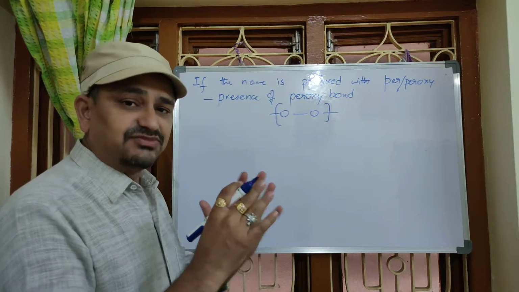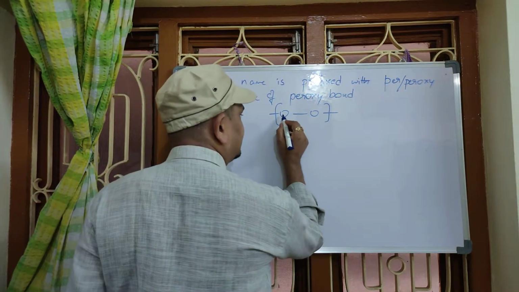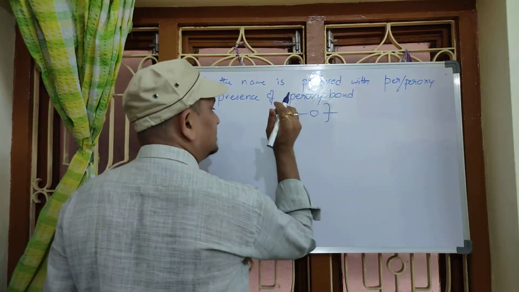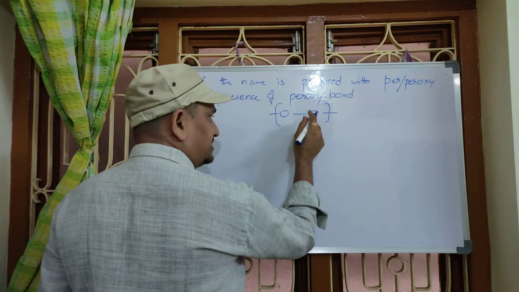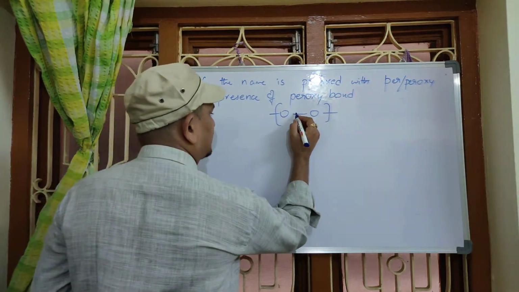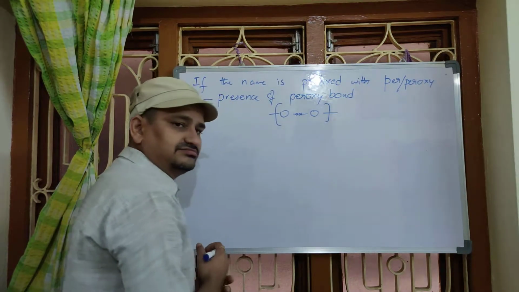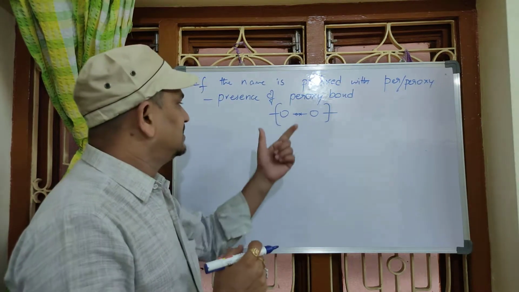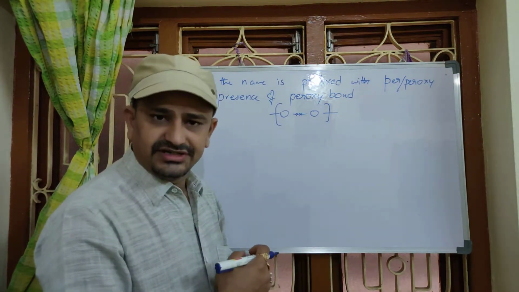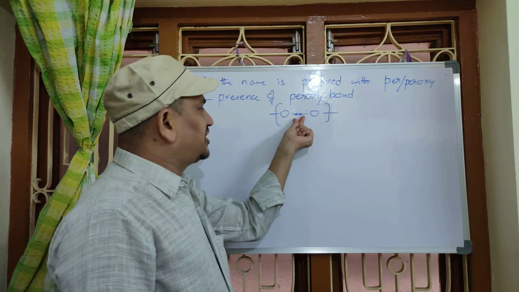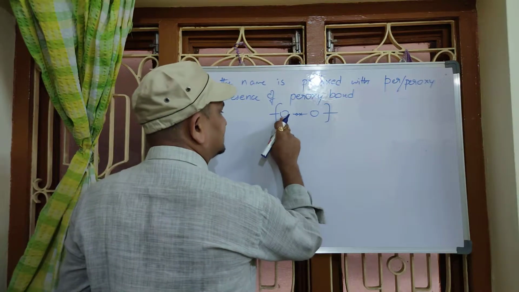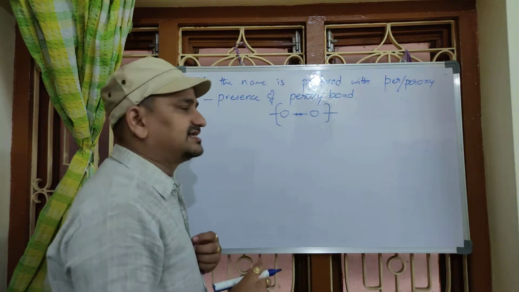And the significance of this bond is, as this is between the same oxygen atoms, exactly similar oxygen atoms, both are of same strength, same electronegativity. So as a result of this, what happens? The electrons will be exactly in between. They cannot be polarized. Both will attract with same power, right? That's why this shared electron pair will be exactly at the center. Means this bond is not polarizable. We cannot polarize this bond.